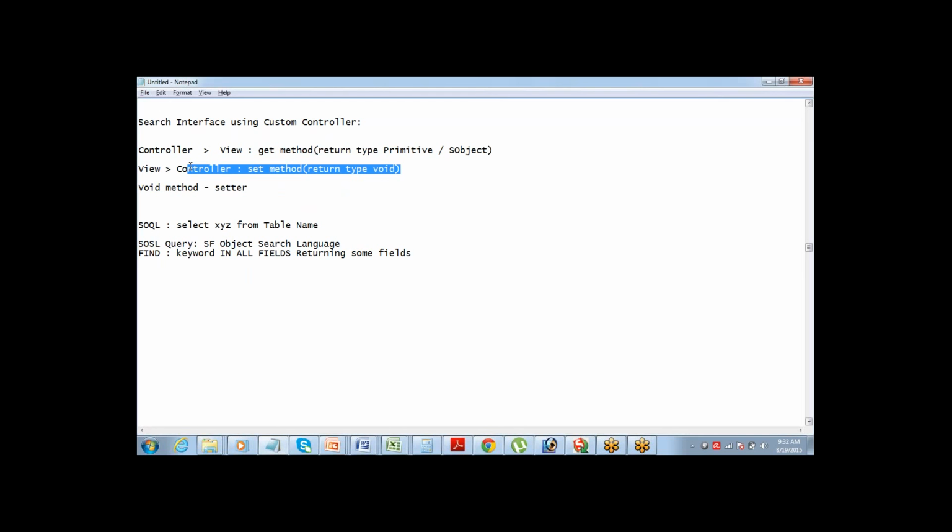This time we are trying to take the value from the page and supply it to the program. So for that, it's a setter method. So one set method and one page reference are required. Two functions are required.